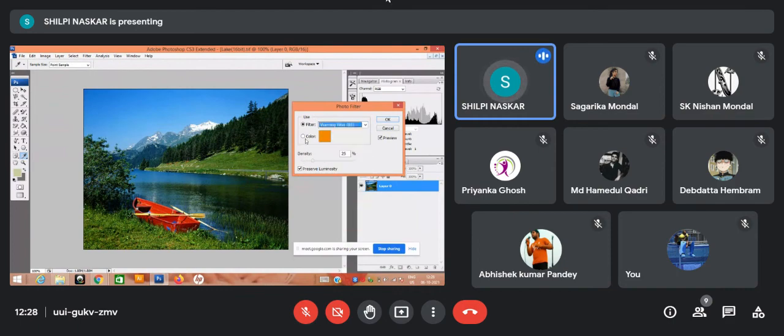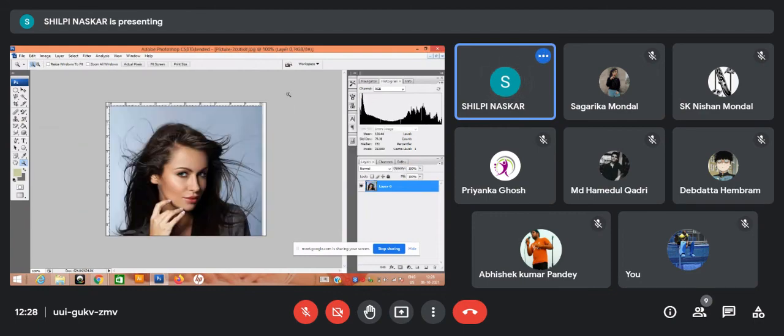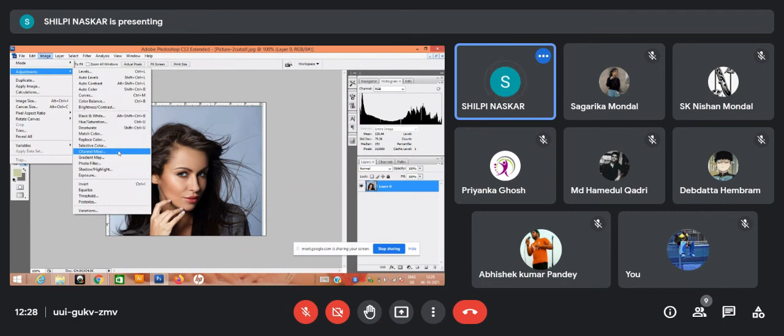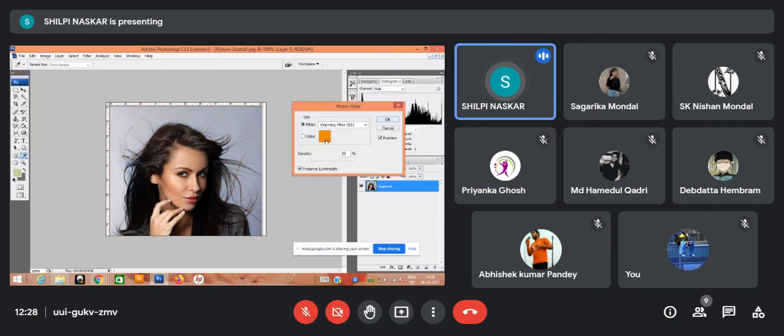You can produce your own filter also. Say I am giving a photo filter here, I want to give an orange filter, I want to change its density. Where did the picture go? But I want to apply it on this. Let's go to image adjustment, photo filter, say color.